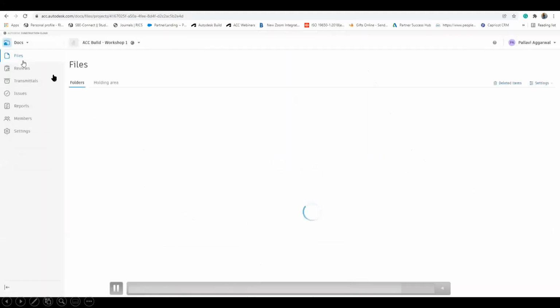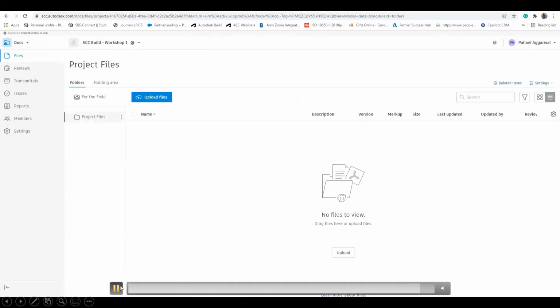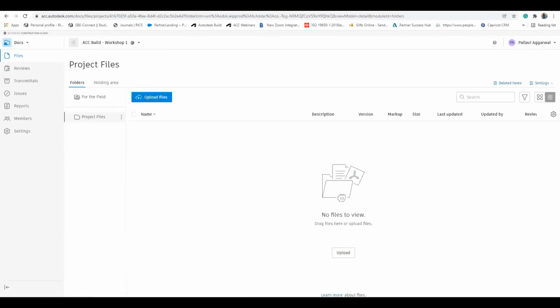When I talk about docs, this is the interface of Docs, that is Autodesk Docs. We can see over here that there are project files, wherein all your files get stored. We can create multiple folder structures, we can add multiple members in the folders, and not just that, we'll be able to create approval workflows. It's not just your repository of the documents that you create. You can also create virtual document approval workflows, wherein different stakeholders and different workflows can be created within different teams.